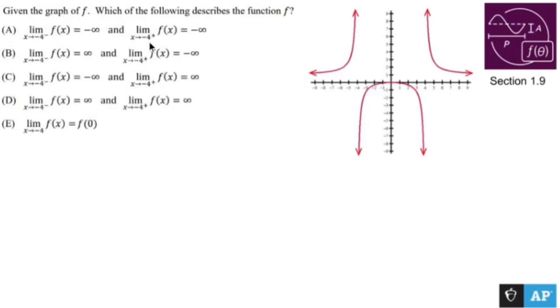Given the graph of f, which of the following describes the function of f? So it's given me all of this left-handed and right-handed notation stuff, and stuff either happens at -4 or just -4. So let's see what happens as the limit approaches -4 from the left side and the right side. Here's -4, okay? So the limit as x approaches -4 from the left of this function called f of x